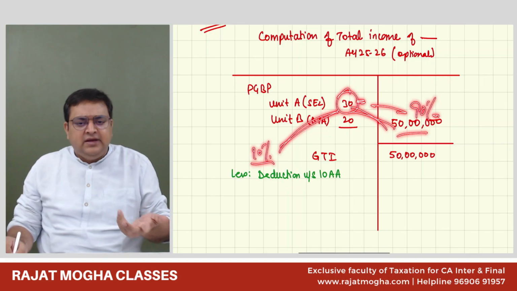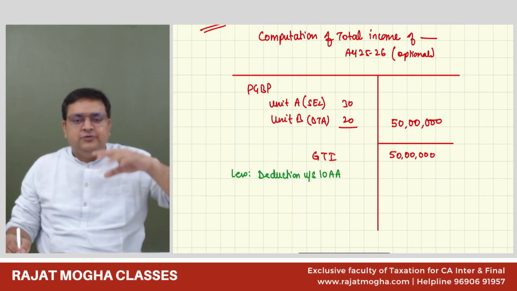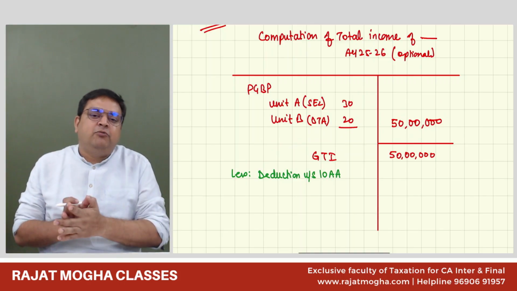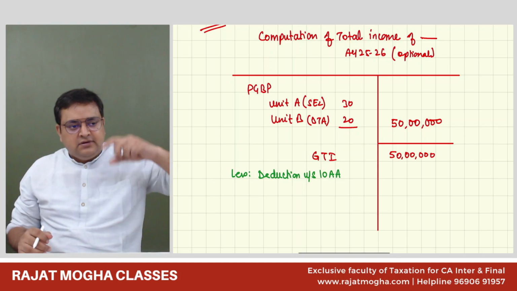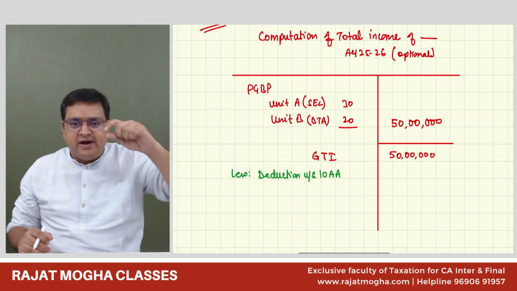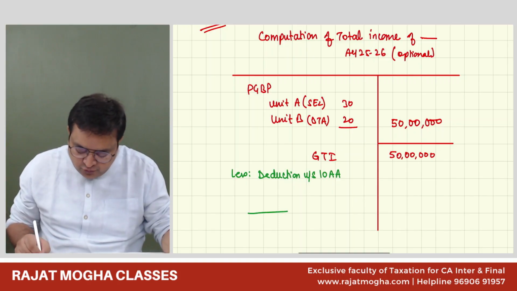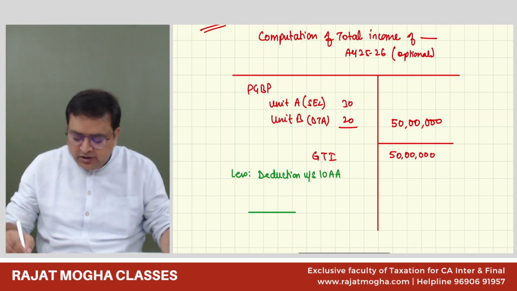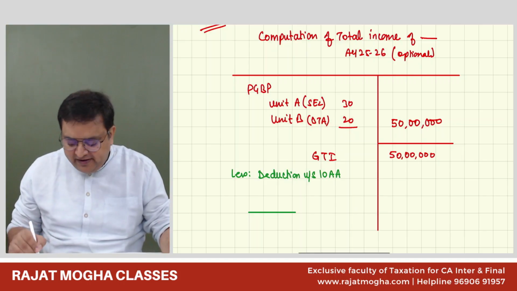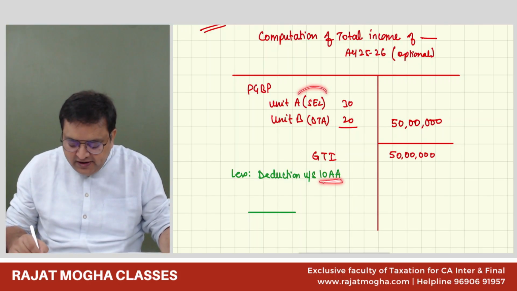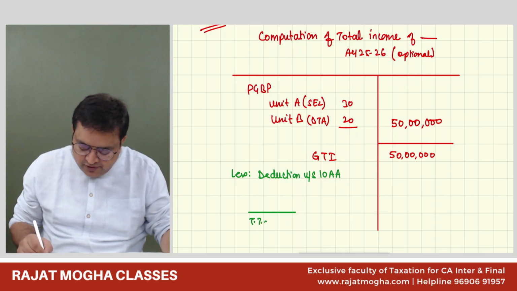How is any fraction or any percentage computed? Let's say somebody asks you how much marks you have obtained. Out of the total marks, how much you have obtained, you will write in the numerator. So how much is the total marks? Total marks is the total turnover of SEZ, not the total turnover. Don't take anything of DTA right now. While giving this deduction, we are only concerned with SEZ. So what will you say? You will say the total turnover of SEZ,